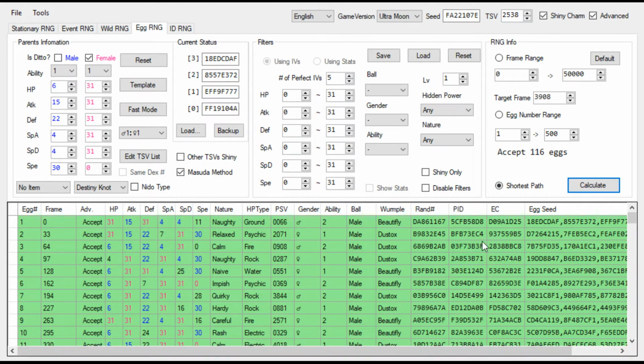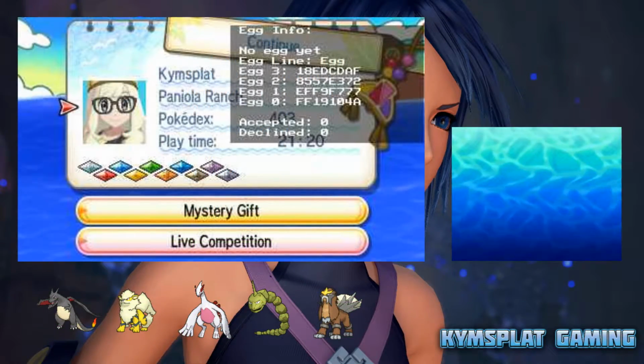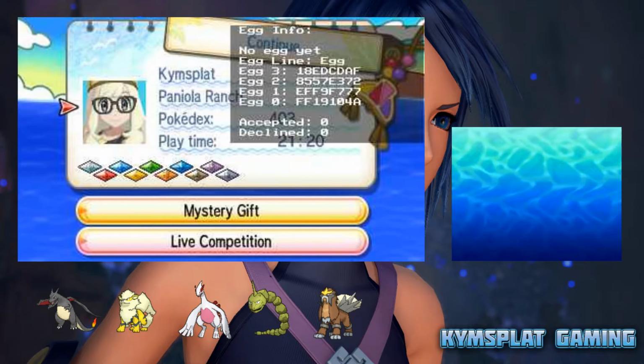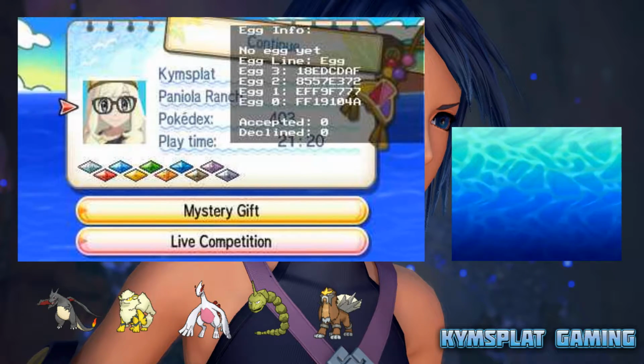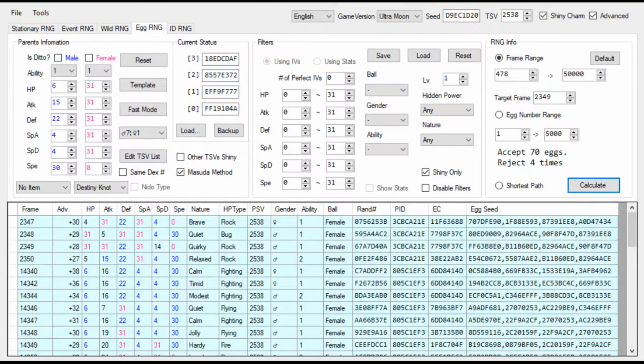So I need to accept 116 eggs. Right, so I'm back after a brief interlude just to brush up on my RNG skills. I think I was looking at this the wrong way. So I've got this set up. I was looking at it through egg number range, and I'm not sure that that's the way I'm supposed to do it. I think it's still frames, because frames only advance for eggs